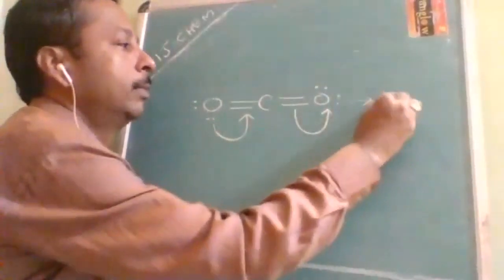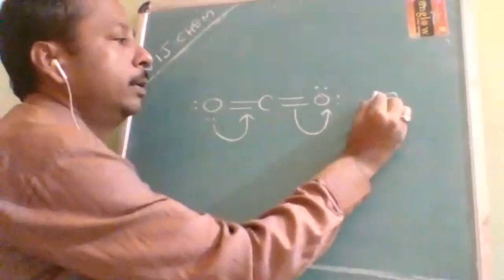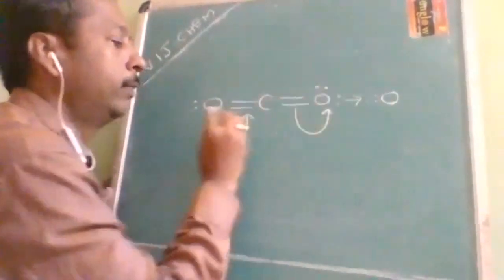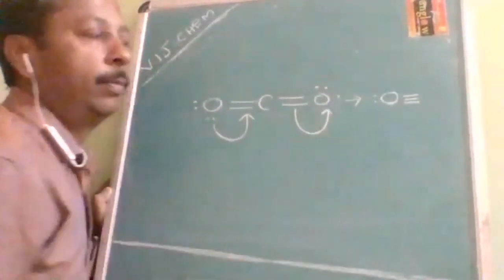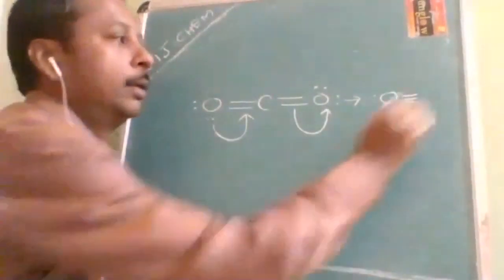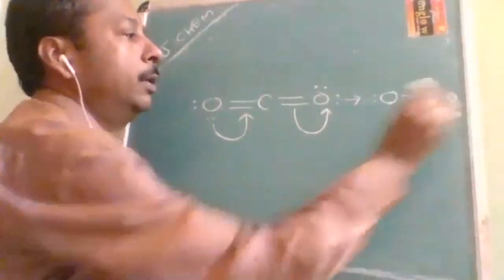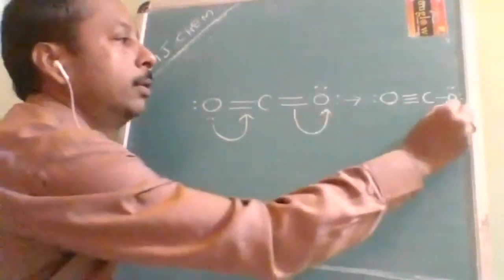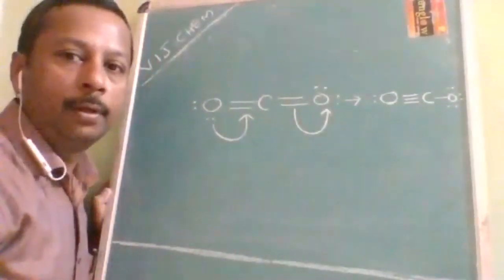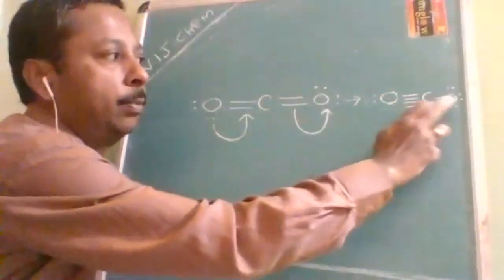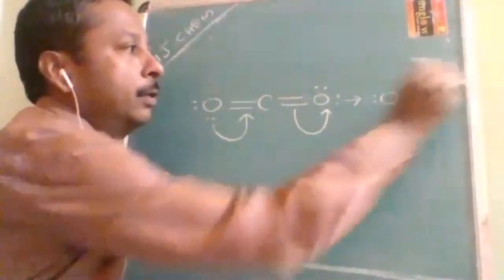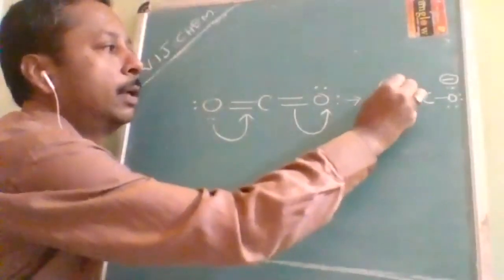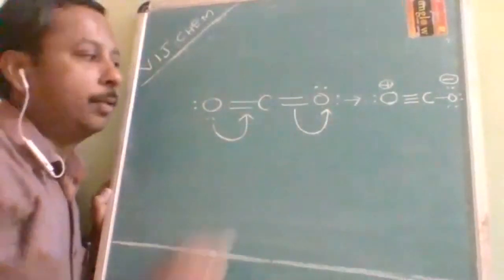Then how will it become? Here, this oxygen is left with how many? Only one lone pair. Now it is making three bonds. How many bonds is it making? Three bonds, carbon and oxygen. So this oxygen already has two lone pairs, and because of this it is getting one more lone pair. Now you can tell me, this is a single bond with three lone pairs. So the formal charge will be -1. Triple bond with one lone pair. The formal charge will be +1. So both are identical.